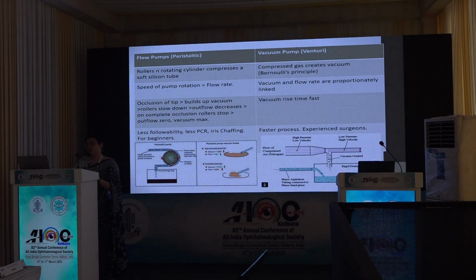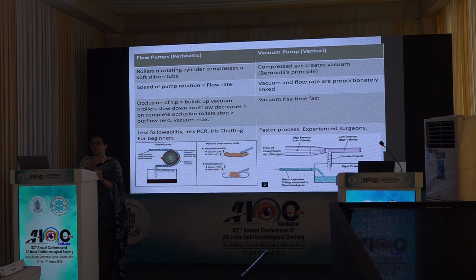There are two types of pumps. One is a flow pump, that is the peristaltic pump, which has rollers and cylinders. When the tip occludes, the vacuum builds up, the rollers slow down, outflow decreases, and on complete occlusion the outflow is zero but the vacuum is maximum. Here the followability of the emulsate is less, so there is less PCR, less iris chafing,